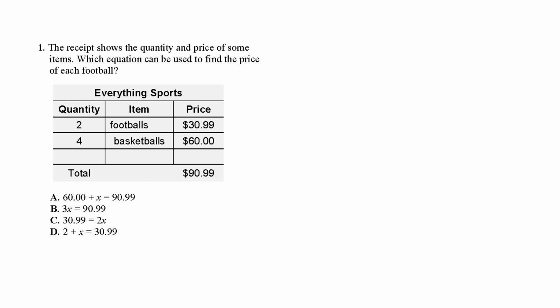Question number 1. The receipt shows the quantity and price of some items. Which equation can be used to find the price of each football? When we take a look at the chart, we can see that we have two footballs, and the total cost for the footballs that we purchased is $30. Okay, so if I multiply 2 times the price of the footballs, which we don't know, it's going to equal